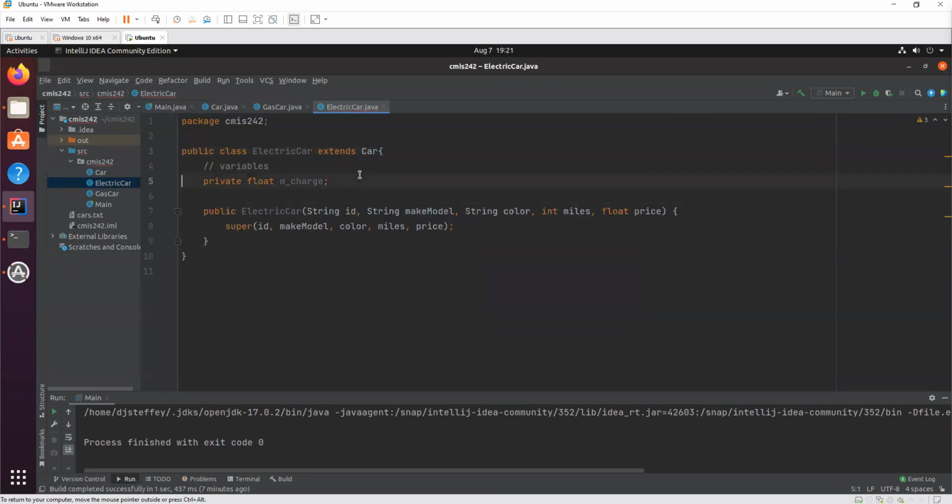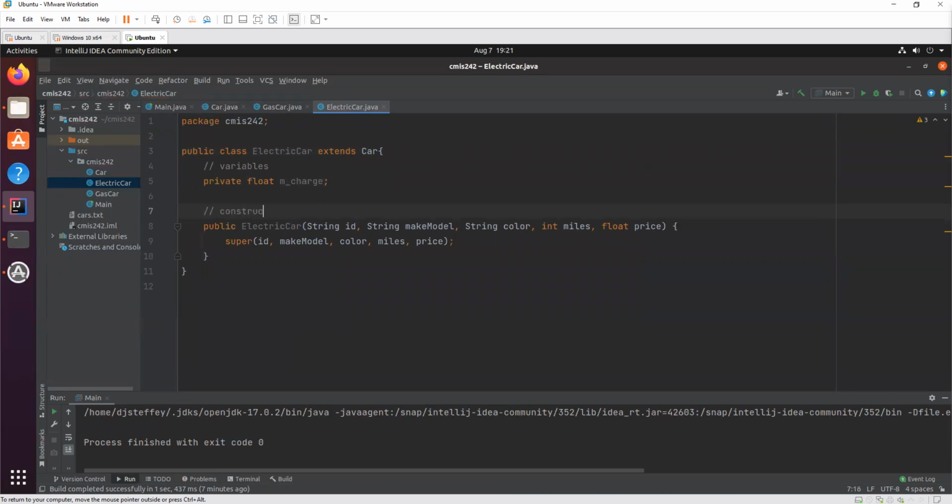When you do the constructor, well, just like the gas car, when it extends a car, the electric car takes all of these parameters and it calls the car constructor like this. But just like the gas car also needed the gallons as an additional parameter, we also need an additional parameter of what the charge is, right? And then we save it just like this.